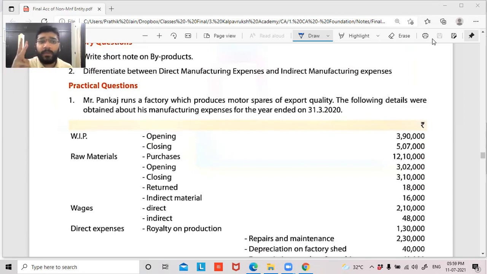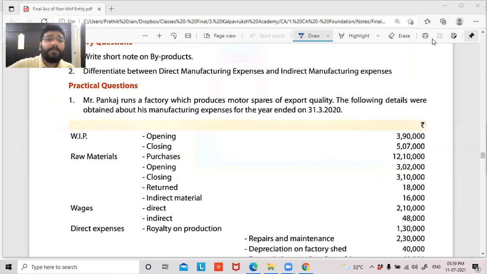Now, guys, we have three questions to be done. First and second question, I'll do it with you today. Third question seems pretty easy. I would want you to take it as homework because it is pretty much like the last time we did a question which had a complete manufacturing account, trading account, and the P&L and the balance sheet. The same way it is the third question. So I would give the third question to you as homework. We'll do the first and second question today, guys.